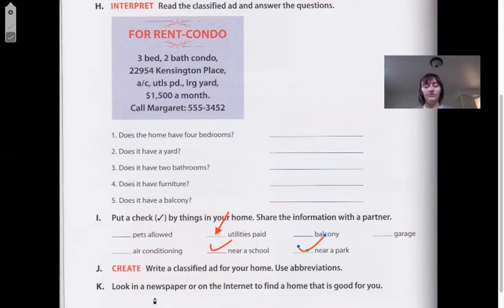And the next part you can do if you want to is look in the newspaper, or what you're going to do is look on the internet to find a home that is good for you. So I know some of you want to buy a new house. Maybe. I know the prices are bad. House prices are crazy right now, but you can look at the houses that are online and say, how much is this one? How much is a 3-bedroom, 2-bathroom? And kind of think about it like that. Okay, so you can do this if you want to. If not, it's okay. You did the lesson, you're good. Okay, anyways,